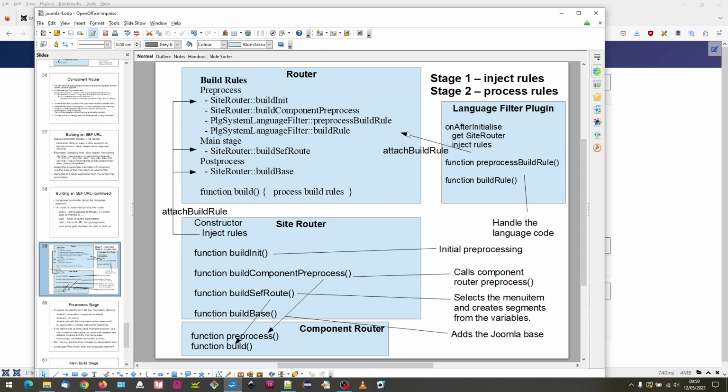And then the rules are going to be processed whenever this function build is called, and it is going to go through these three phases of building the route: the pre-process, the main stage, and the post-process. And again, you can see functions which are related to that. I should say again that this is